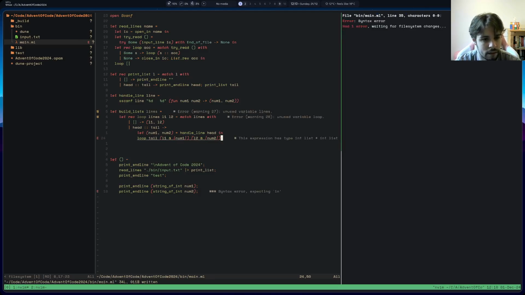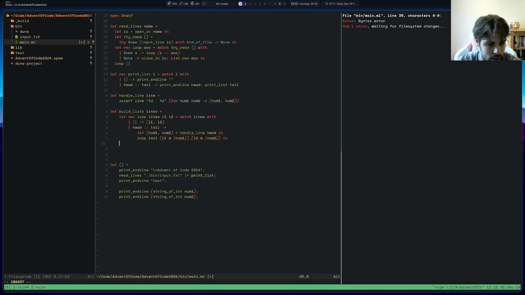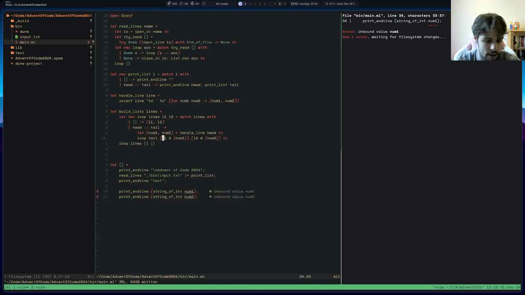I don't really know. Oh, do I have to go like in and then do loop lines empty string? I see. I don't really know why I have to do that. I need to read up on that. But now build list does do the thing I wanted to do. And to be fair, we could then